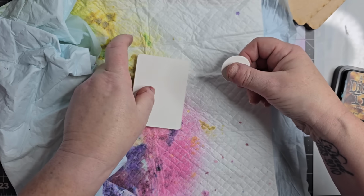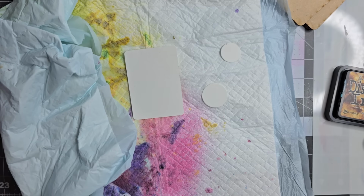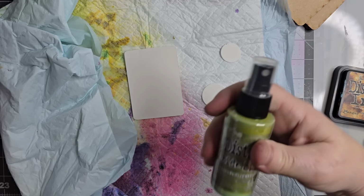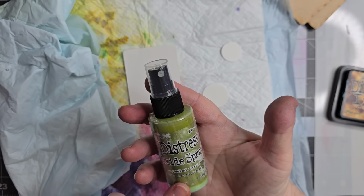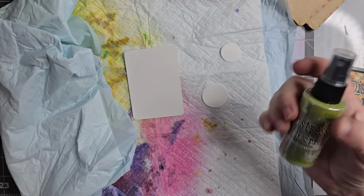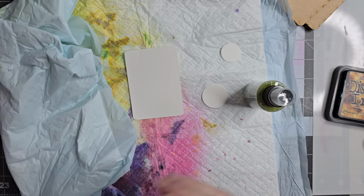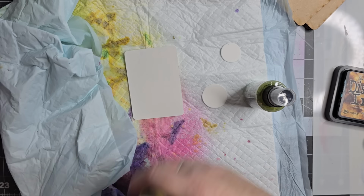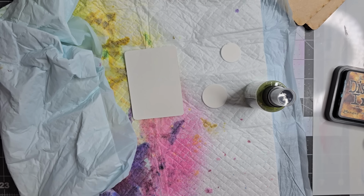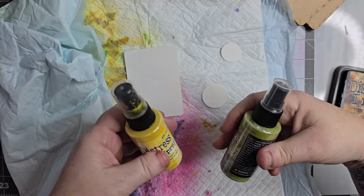Told you I use them all the time. I have actually just ordered a splatter box to make things a bit easier sometimes. I'll still have this on it. So I'm just going to give it a couple of colours of the Distress Oxide sprays. And I want, what's that, peeled paint, mustard seed. Let's just go with these two. I may add another, we'll see. This is totally different colours to what I did, so...